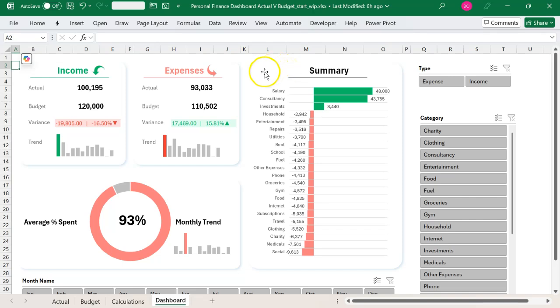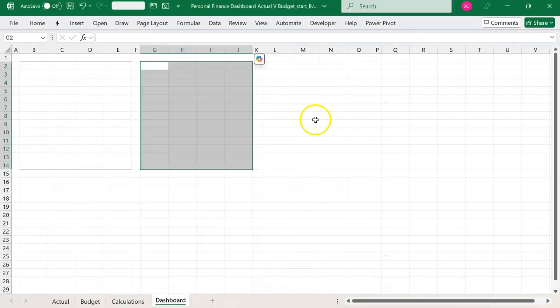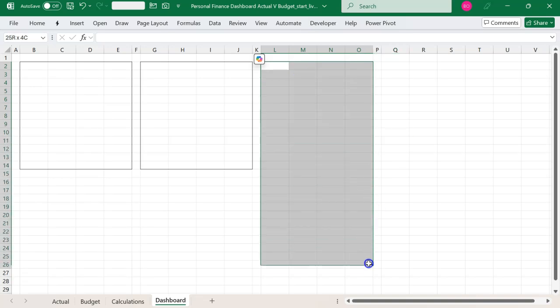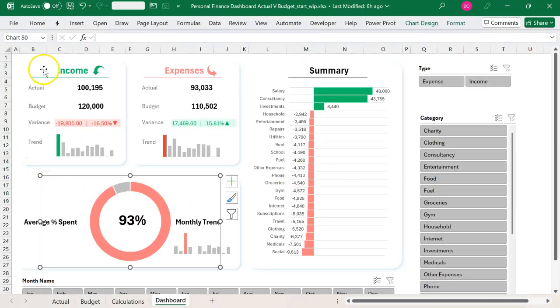Then the bigger chart comes from L2 to O27. Now, this may not be the same if you have a wider screen, so you may just have to eyeball and adjust accordingly. We basically just want to use the entire space well. When you're creating dashboards, you want to avoid situations where your client or the user is scrolling up, left or right just to view elements. So you could also make adjustments, just ensure that everything can be seen and there are no unusual white spaces idle. So this is going to be for the third element,